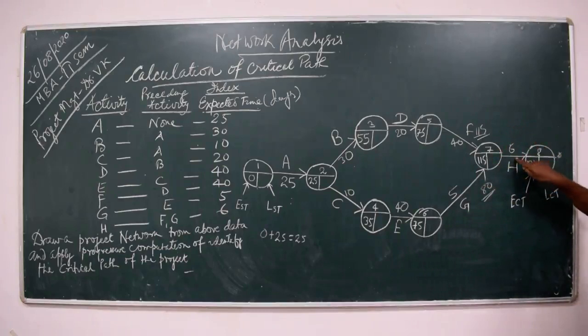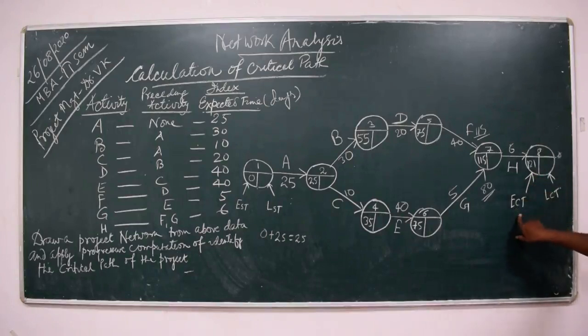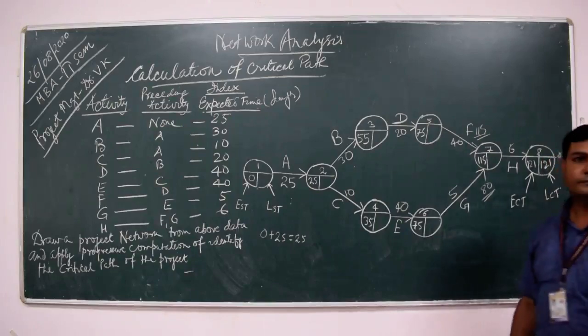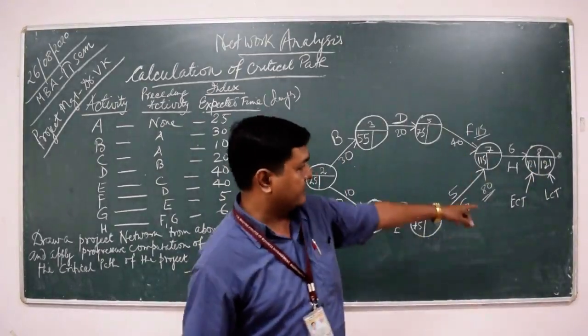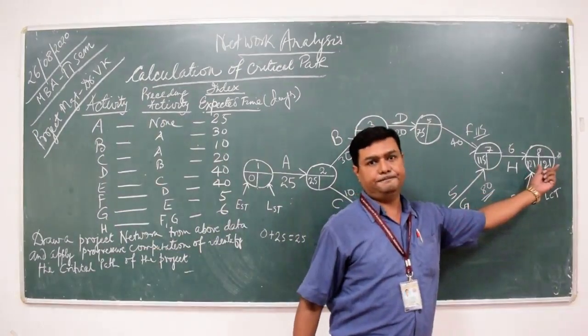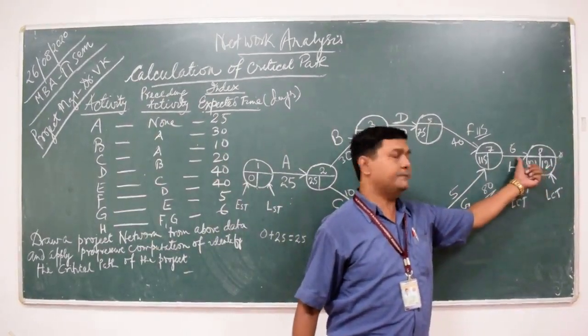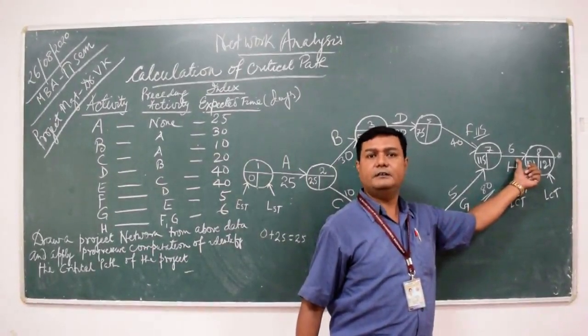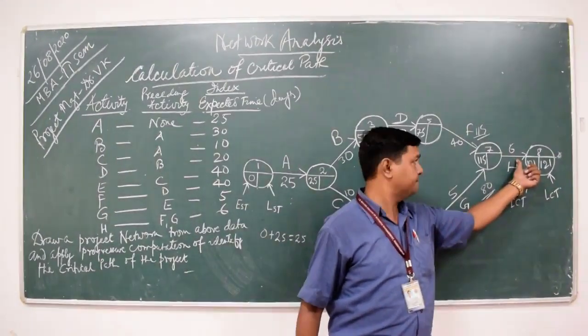So if the project is already completed in 121 days, and if it is the earliest completion time of the activity, then the same will be considered as the latest completion time of the activity, and I am writing over here as 121. It is clear to all of you? I think it is clear. Both will be the same, because here the activity has to come and end. Here the activity has been completed.